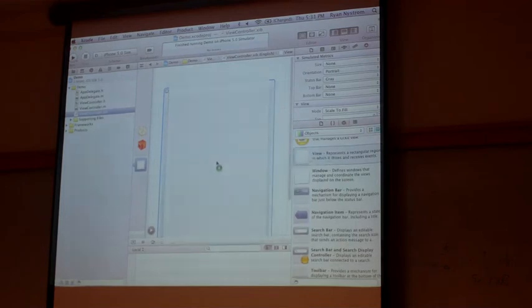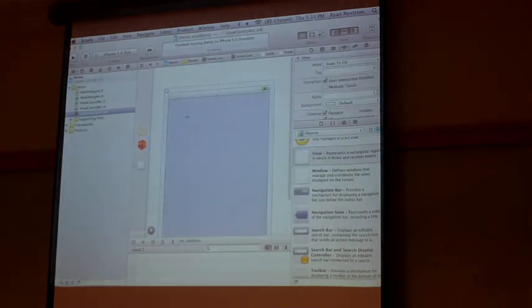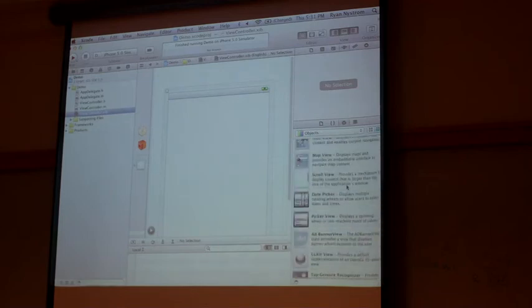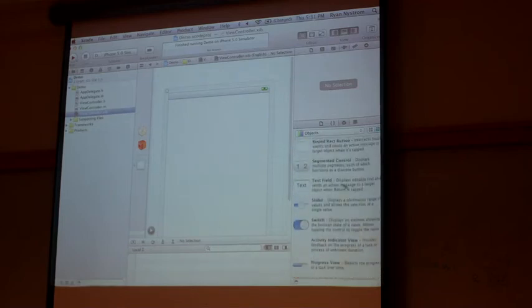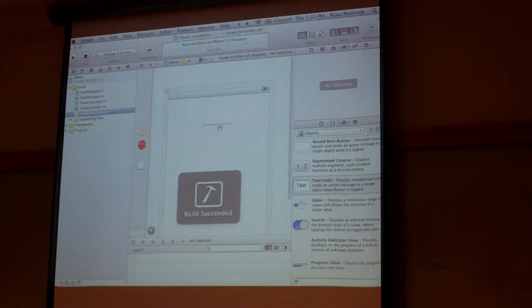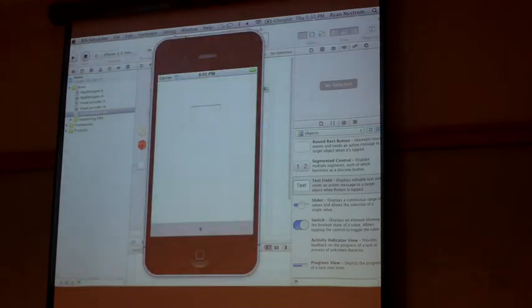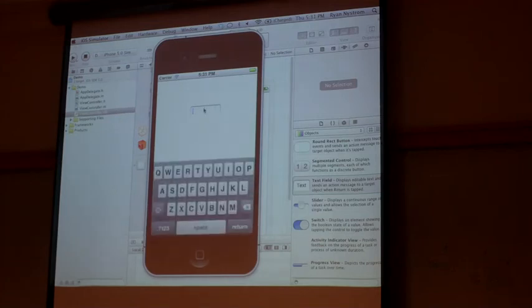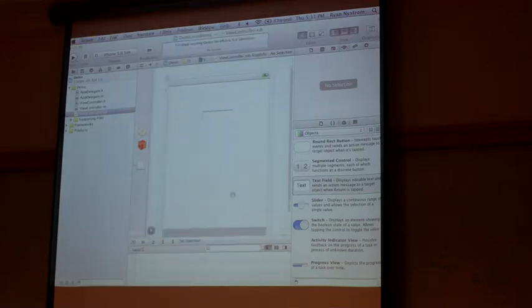View. So we're going to toss a view onto this. And now we want to add an object. Text view. Run it. That shows up. We can fix that. Touch here, keyboard comes up. We can enter text. Biggest problem is we can't get rid of the keyboard. This is where our delegates are going to come into play.